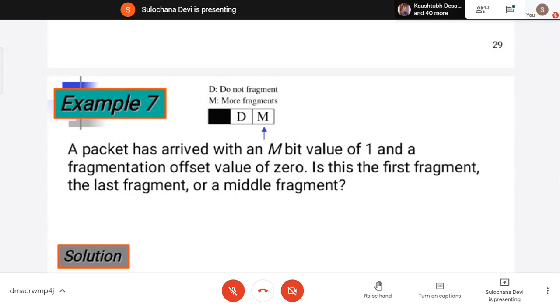Definitely not last, because the MF bit is set to 1. But it can be first or middle. Middle? If the fragmentation offset is 0, it is the first fragment, because when we divide the first byte, which is the 0th byte, then only we get the fragmentation offset as 0. Then it is definitely the first fragment. Okay.